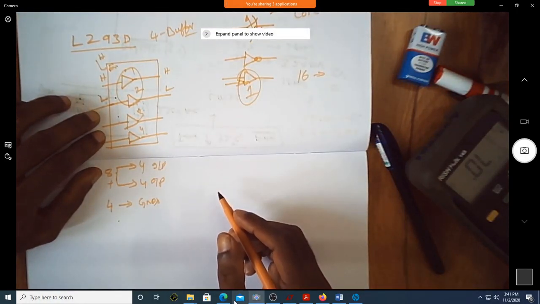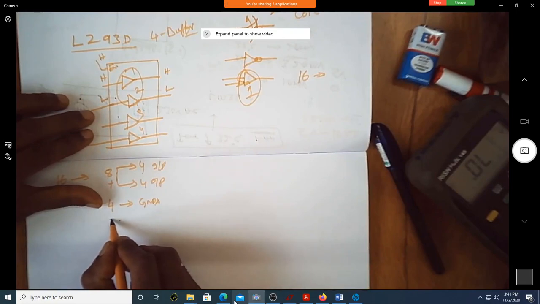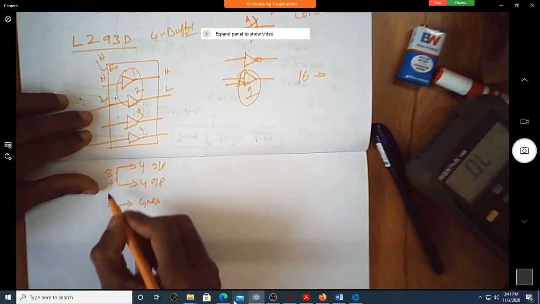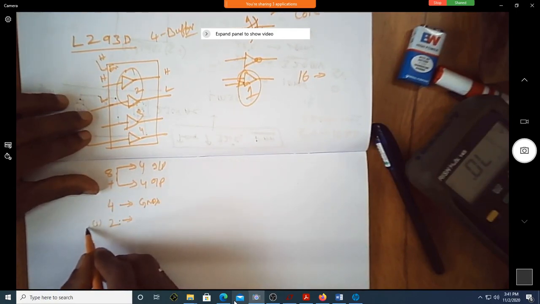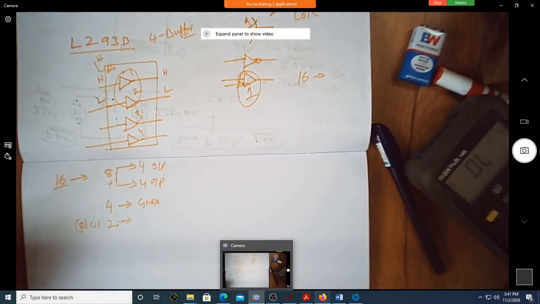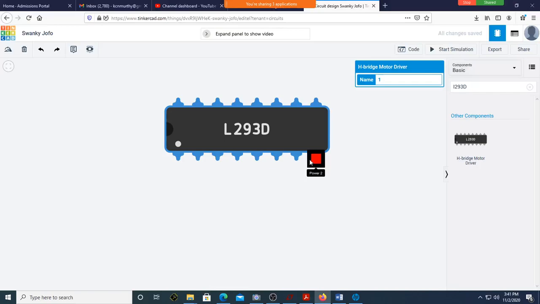So there are two enable pins. Pin number 1 is enable for buffer 1 and buffer 2. Pin number 9 is enable for 3 and 4.